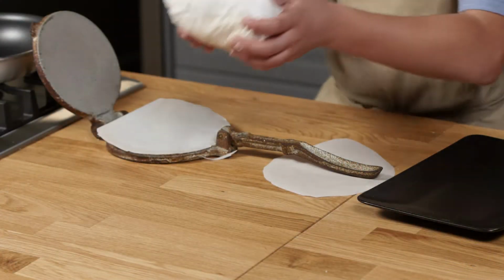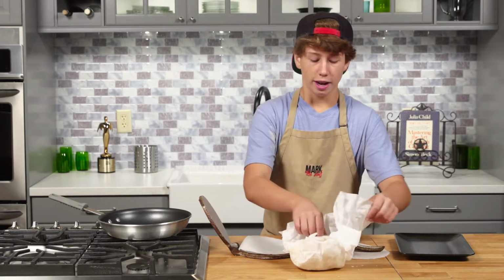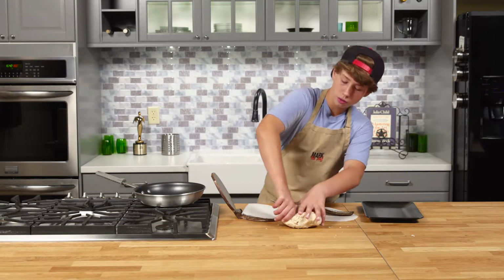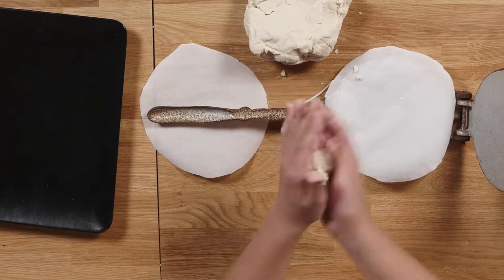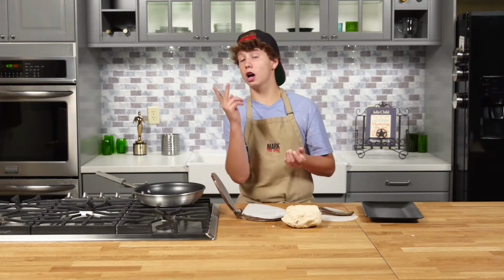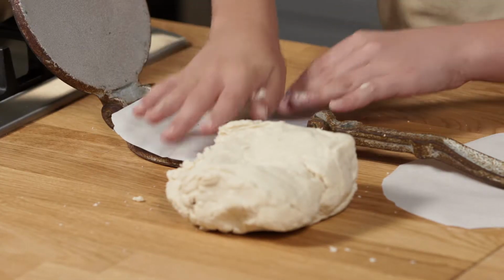The dough has been sitting for 10 minutes and everything's nice and hydrated. So it's time to form. Now this is what you call a tortilla press. It's about 8 inches or so. So what you do, get a ball of masa, form it to a rough little ball. Have wax paper or a plastic bag cut in half where it's only connected on one hinge. Put a little ball,